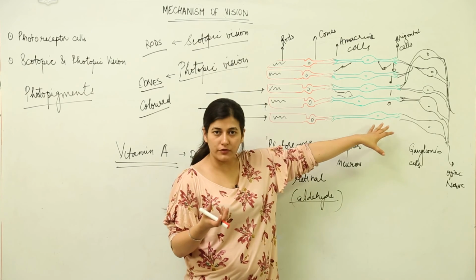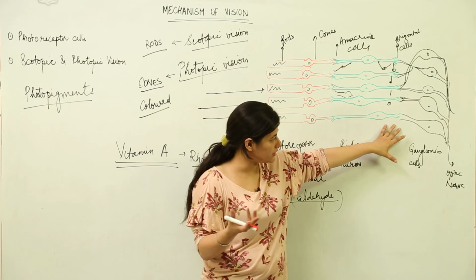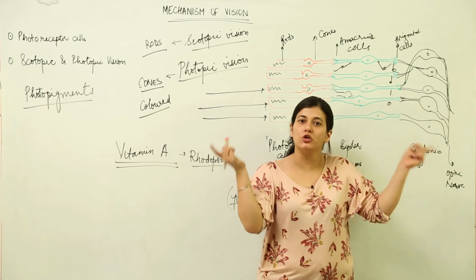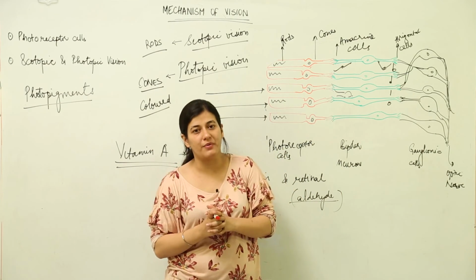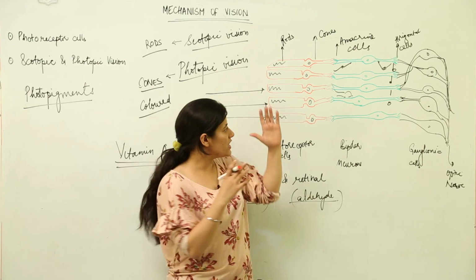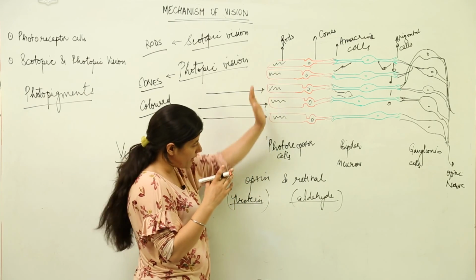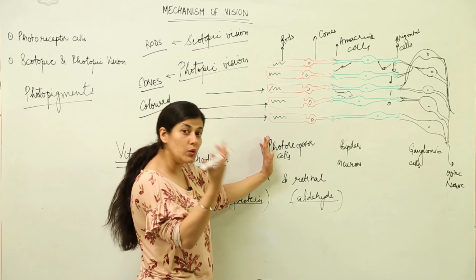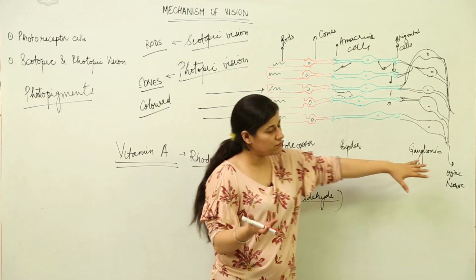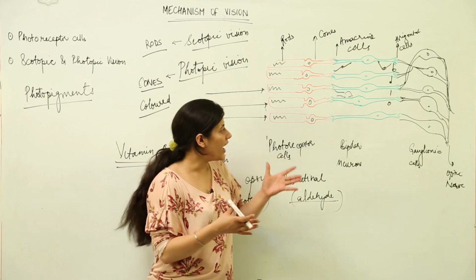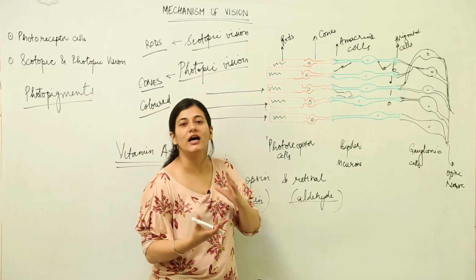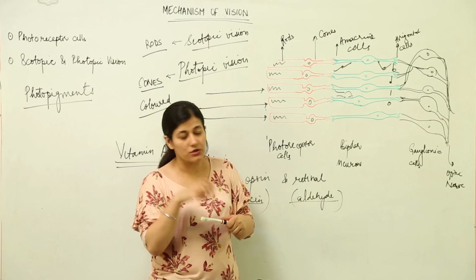Now the nerve impulse would start, go to the optic nerve, and go to the optic chiasma. Over there are optic parts of the brain which perceive the image. The image which was made over here by the photoreceptor cells, an inverted image as it was, would be processed by the brain. We are going to see the erect image, and how that image gets the colors and how we are able to resolve it.